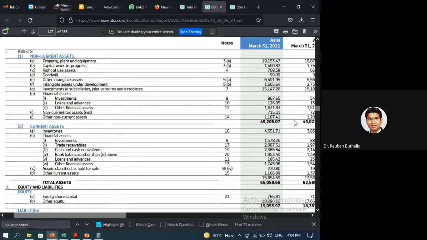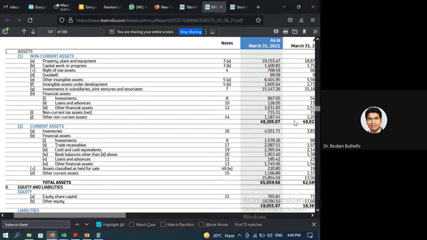And that itself is around, if you look at this, it's around 19,000 crore. Actually, if you go to see Tata Motors' actual land that they have, it is more than maybe 5 lakh or 10 lakh crore. But since they don't reevaluate it with current market prices, the valuation is 30 years back. That is why this amount seems very small. But if you were to reevaluate it at today's terms, it would be a huge amount. Okay. So property, plant, and equipment, that is 19,000 crore.